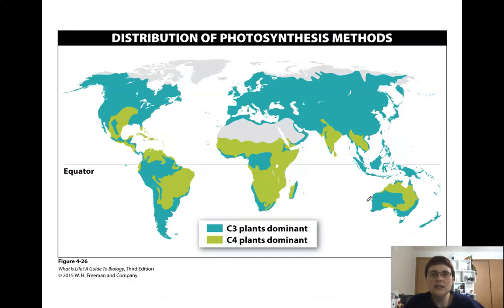And so you can actually see the distribution of photosynthesis for C3 and C4 plants. And if you look, C4 plants are going to be more common in areas that are hotter and drier, right? So, half of Australia is covered in C4 plants versus C3 plants. And that makes sense because half of Australia is a desert. And same thing, we've got everything near the equator pretty much is going to be C4 plants because we've got hotter climates and in a lot of these areas, drier climates, the exception being like right here and right here,